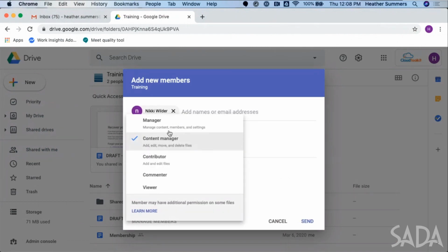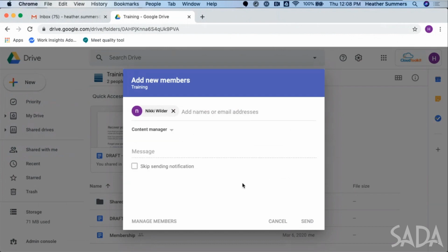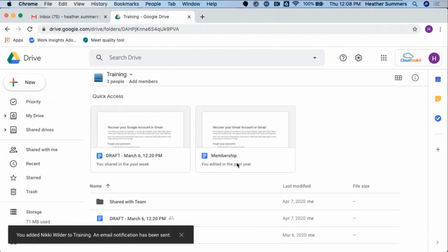And I can go ahead and make her a manager, which is the same as myself, a content manager, which allows her to edit, move, and delete items, a contributor, which just allows her to edit and add things inside the drive, a commenter, and a viewer. Now, a manager, the big difference is that they are able to add or remove members, so those people who are part of my country club. I'm going to go ahead and send this to her, and then now she is a member of my shared